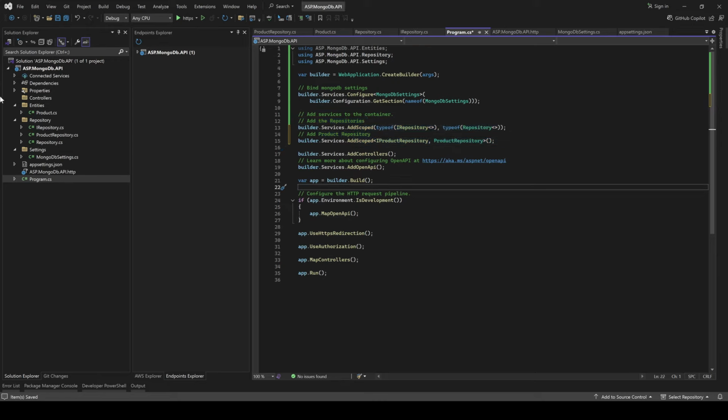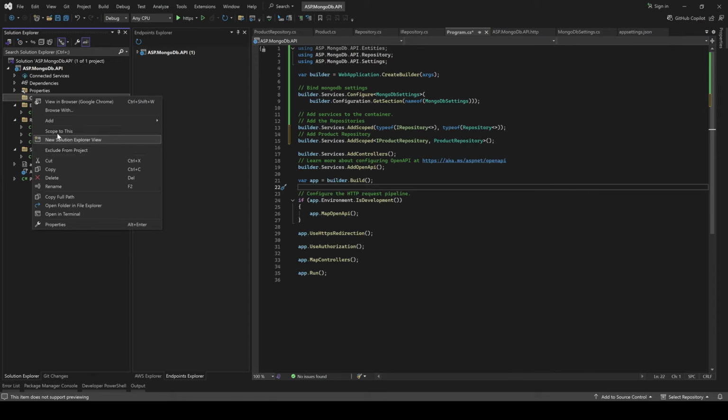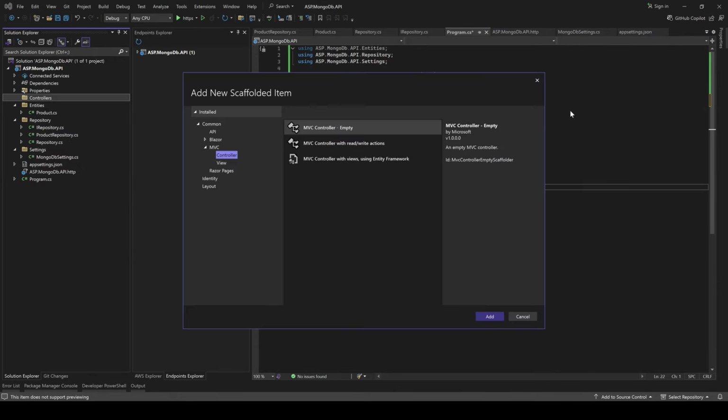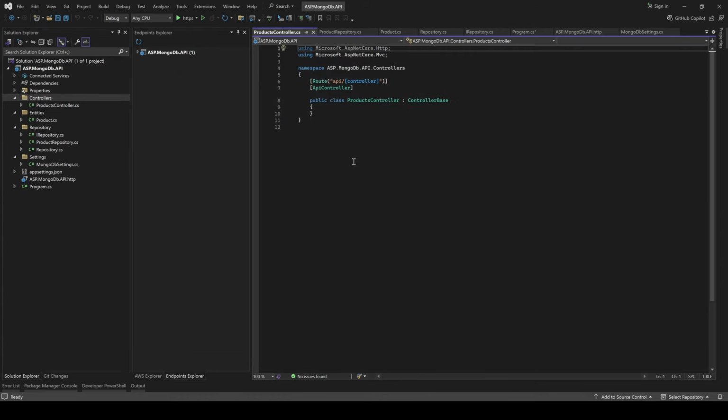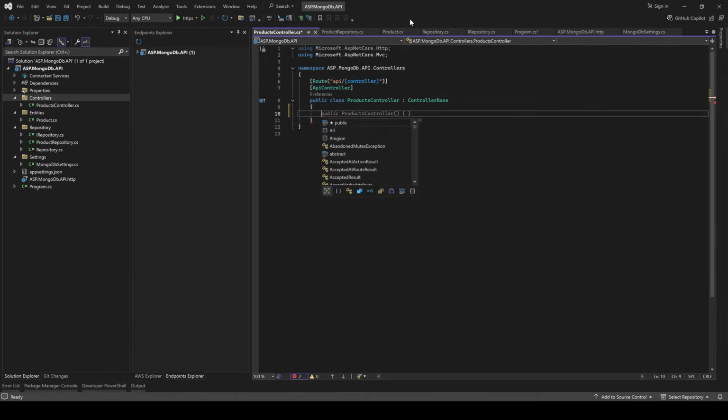Now we are going to use this product repository in our controller, and to do that we'll just create a new controller here, and we're going to call it product. So it's an API controller, an empty API controller. Then click add, so that you name it ProductsController. And within this products controller, we have the product context. So it's going to be private readonly,